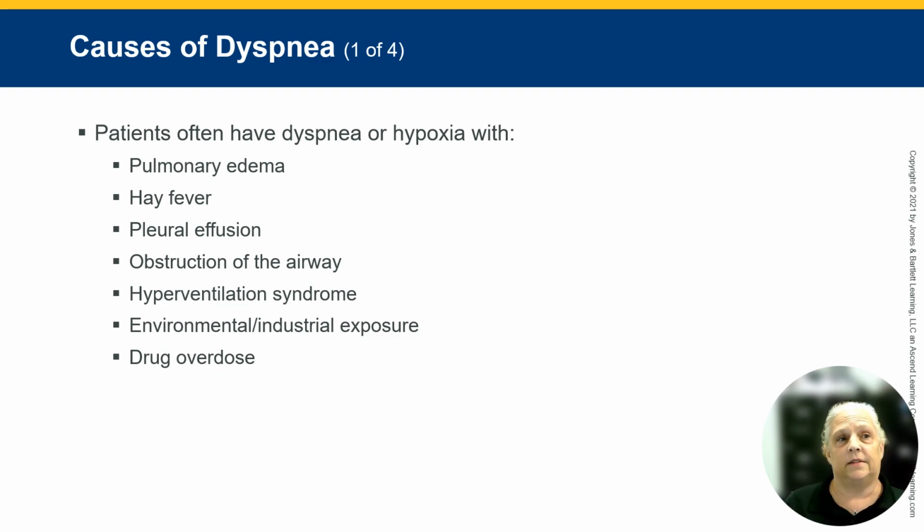Some of the signs that they may have dyspnea or hypoxia can also be altered mental status. Causes could be pulmonary edema, hay fever, pleural effusion, obstruction of the airway, hyperventilation syndrome, environmental or industrial exposures, drug overdoses,